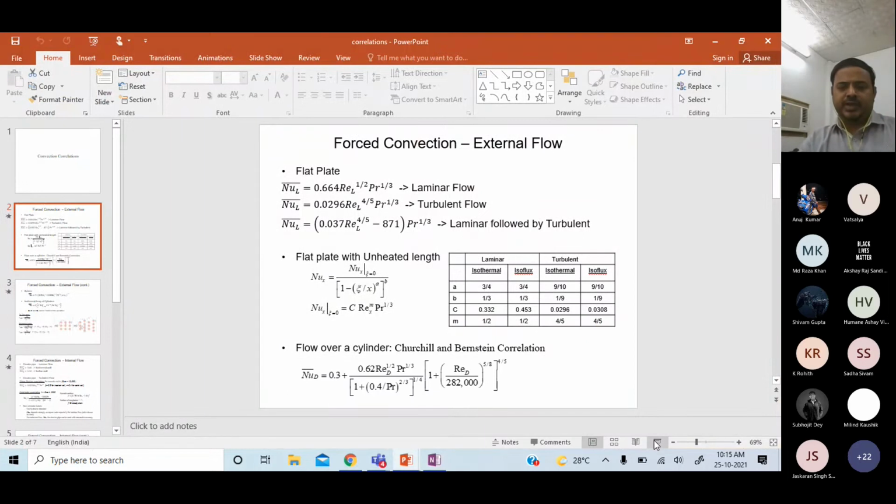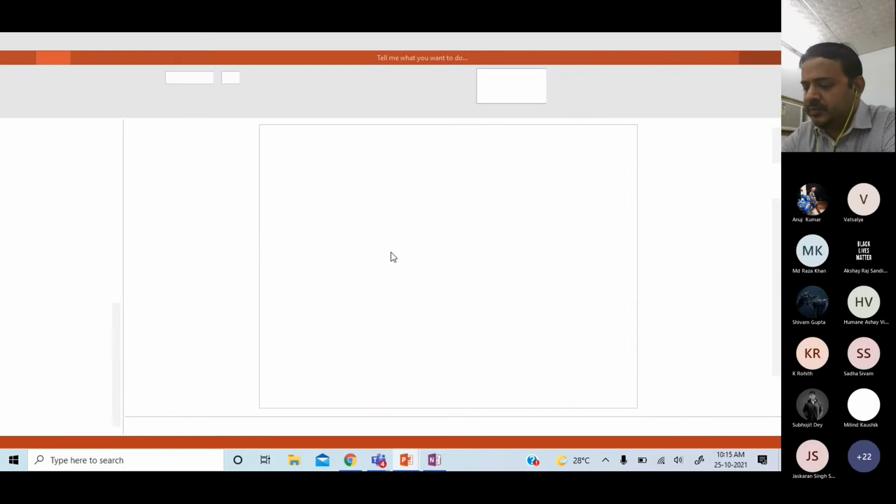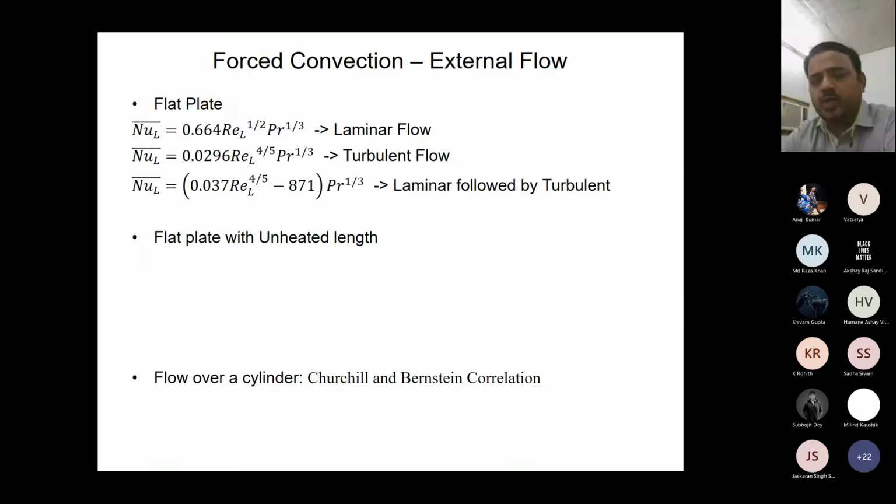Okay, that was flow over flat plate. Let's move on to other configurations that we may encounter in external flows. The flow can be over a cylinder, can be over a bank of cylinders, etc. And as I said, for forced convection, most problems are correlation based. So you have to understand which correlation to use under what conditions,